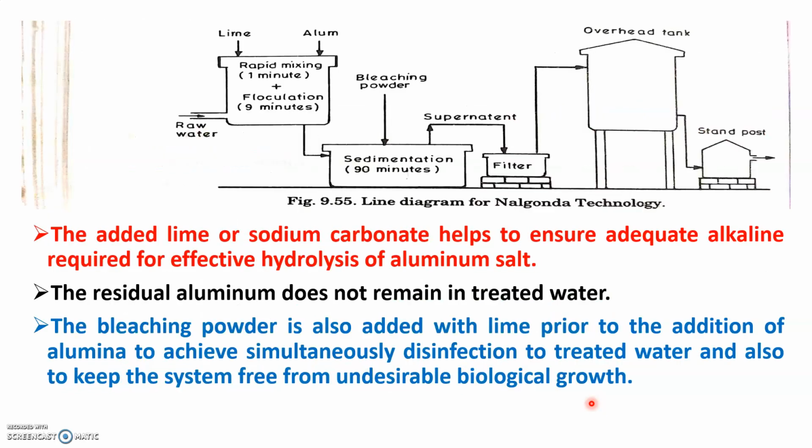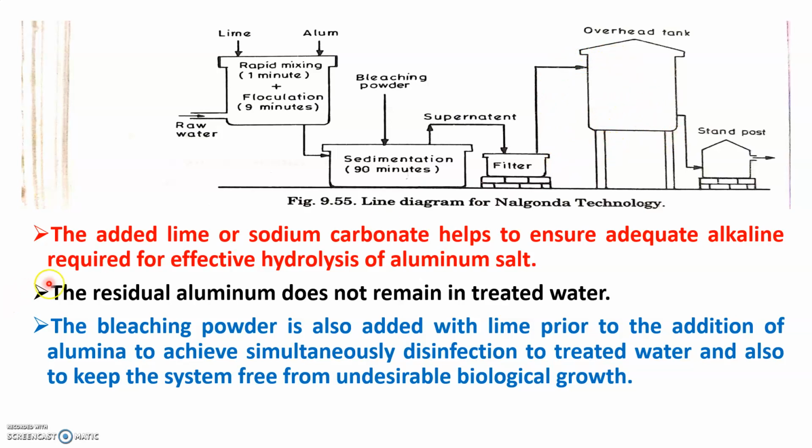You can see in the next part there is a line diagram. First they mix alum and the fluoride water and allow it to settle. Bleaching powder is added. The clear water comes up, and the precipitated sludge is taken out. The supernatant is passed through the filter,